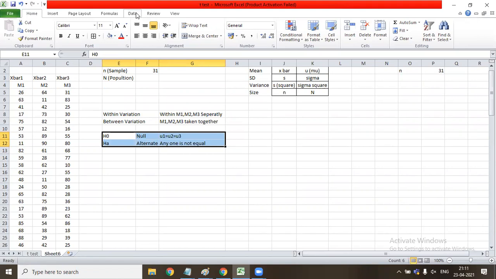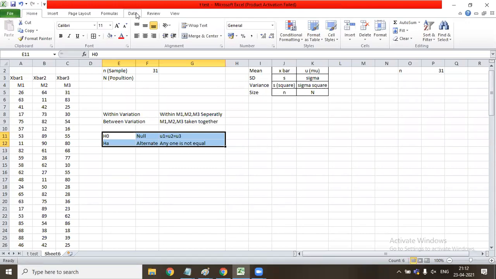Sir, so in the ANOVA test, what we can do is take 3 samples from a population randomly, and we calculate the means of these 3 samples, and then we take a fourth sample as well. And if the mean is the same... No, it works on variance. It works on variance and gives you the output. Yes, from variance we can easily take out the mean. So that's the logic of ANOVA.